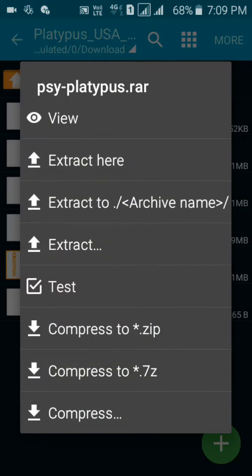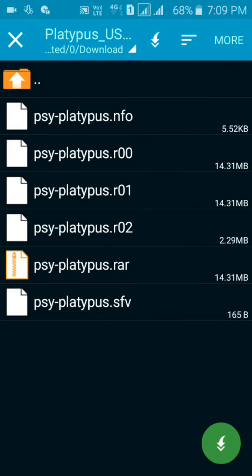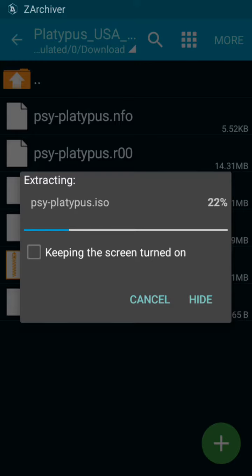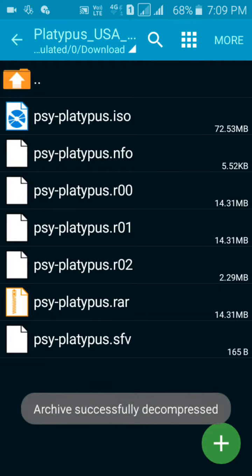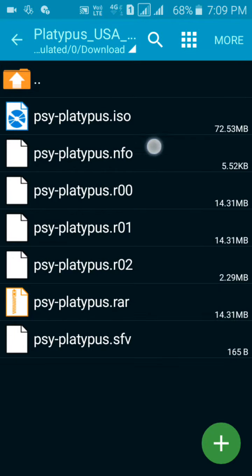Click on it and then click again on extract, and then you can see a green button. Click on it and it will start extracting. And after extracting, you can see an ISO file.